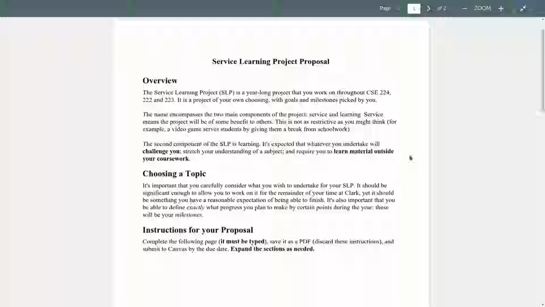And this is basically what all this blurb says in text instead of speaking. So the goal is multiple in nature. One of the goals is to give you something so that when you leave Clark, you can go to an employer, an admissions officer, someone you're applying to for an internship, wherever, and say, here's this thing that I did when I was at Clark.